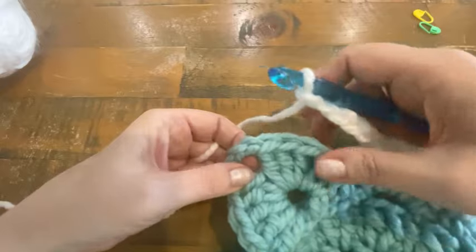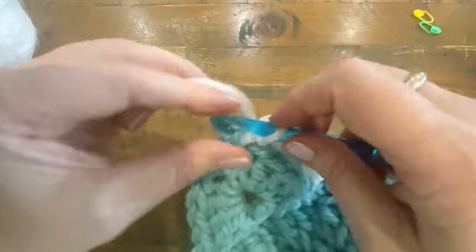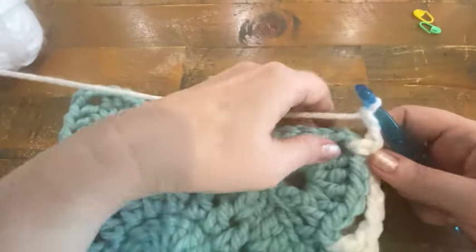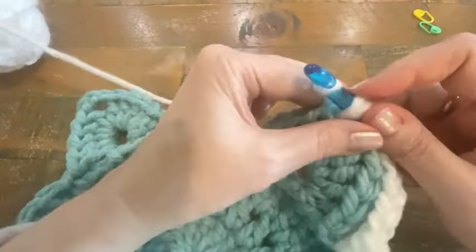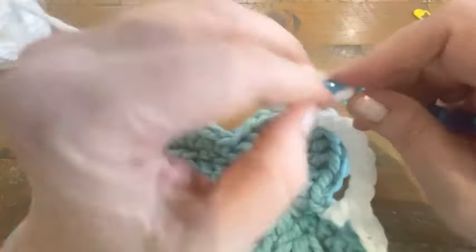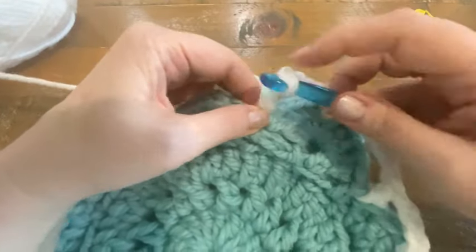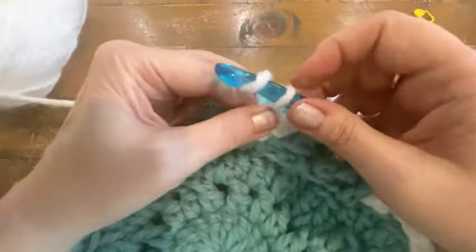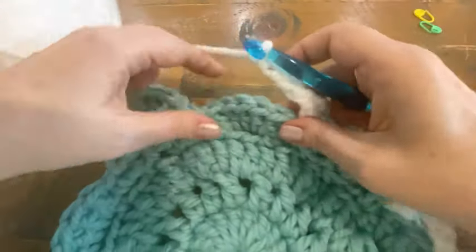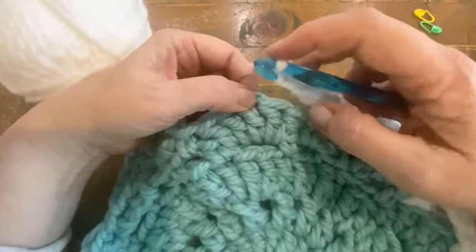and then single crochet into the next corner, chain 3, single crochet, chain 3, and single crochet in the same space, and repeat this on each side, starting with your chain 5, double crochet into that, single crochet from the row below, chain 3, pop in a single crochet in the middle of those 5 double crochets,